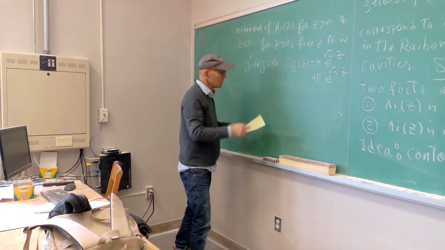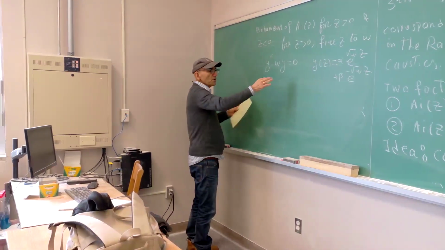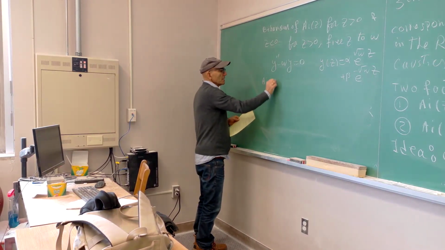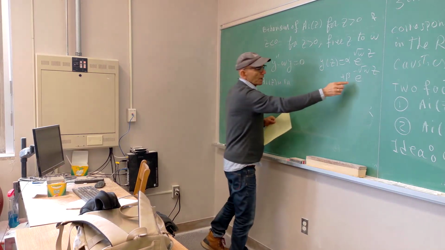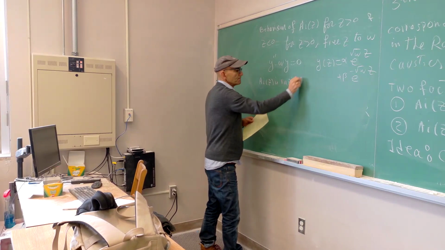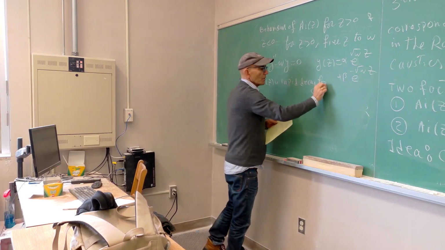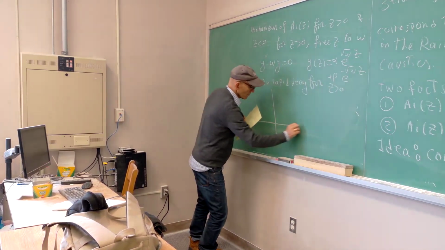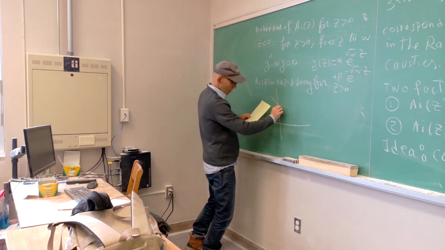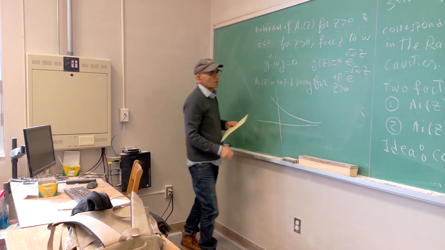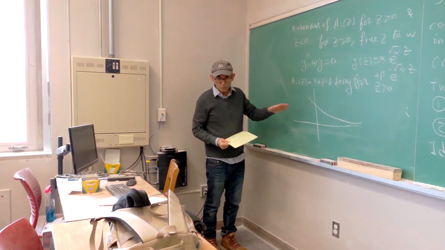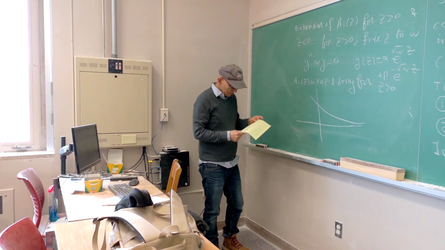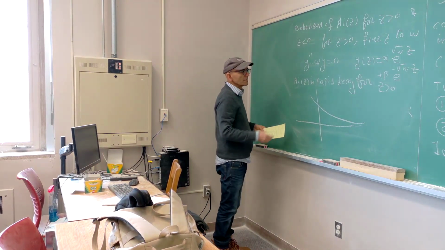In fact, this Airy function, I mean, it's not a proof. This is just a kind of estimation and some feeling. Ai of z is rapid decay. So this branch is rapid decay for z real and positive. So it actually looks like this. Yeah, it goes to 0. We are not proving it now. To prove it, we have to do some more delicate contour deformations. And for z negative,